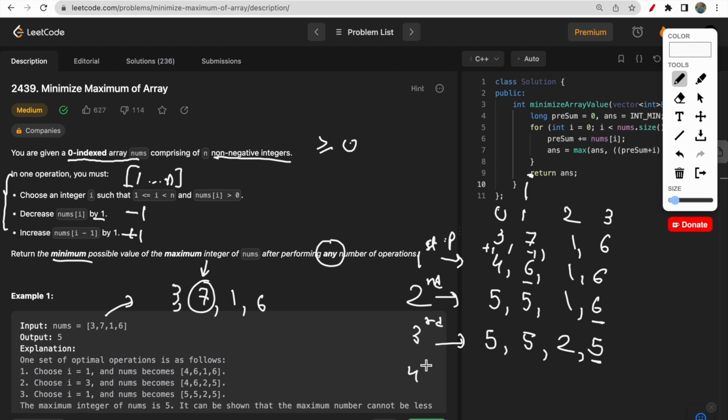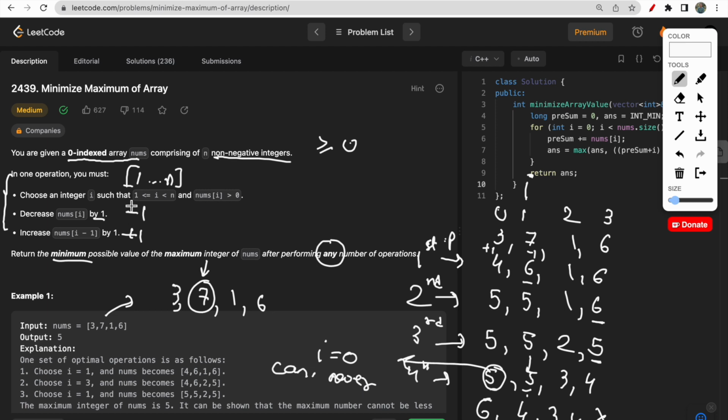Okay, now guys, as you can see that this 5 can be reduced. So if you perform the fourth operation, then you can get something like this 3 and 4, but this 5 can never be reduced. Why? See, if you try to reduce this 5, then ultimately this will become 6, right? 6, 4, 3, 4. Now that is not an optimal solution, because 6 here is the maximum and in the previous step you were having 5 as the maximum integer, correct? So this is not the correct answer, and any number that is present at index 0 can never be reduced,